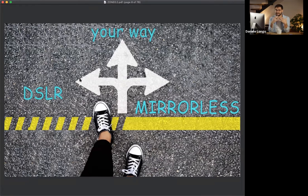But don't trust anyone, only your senses, because there's no such thing as the best camera, only what works for you. And that is going to be priceless. If you can't stand an electronic viewfinder, you're definitely a DSLR person. If the electronic viewfinder doesn't bother you, I think the main advantage of a mirrorless, I almost forgot, is the